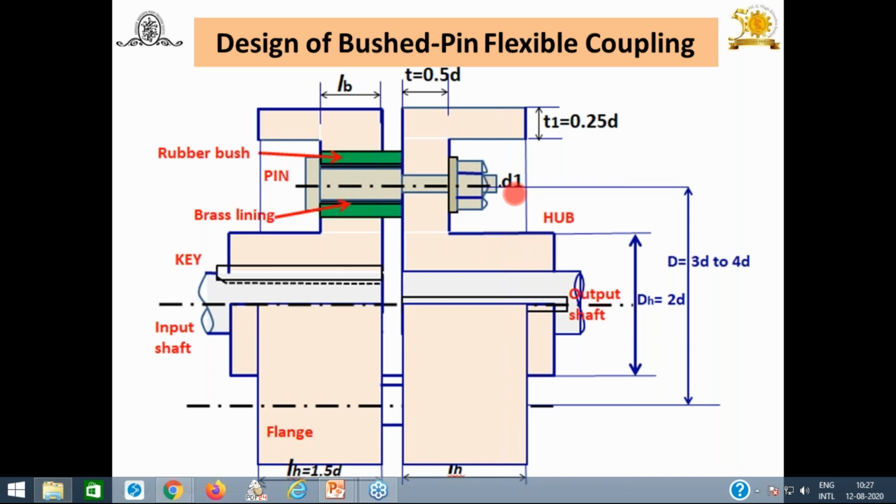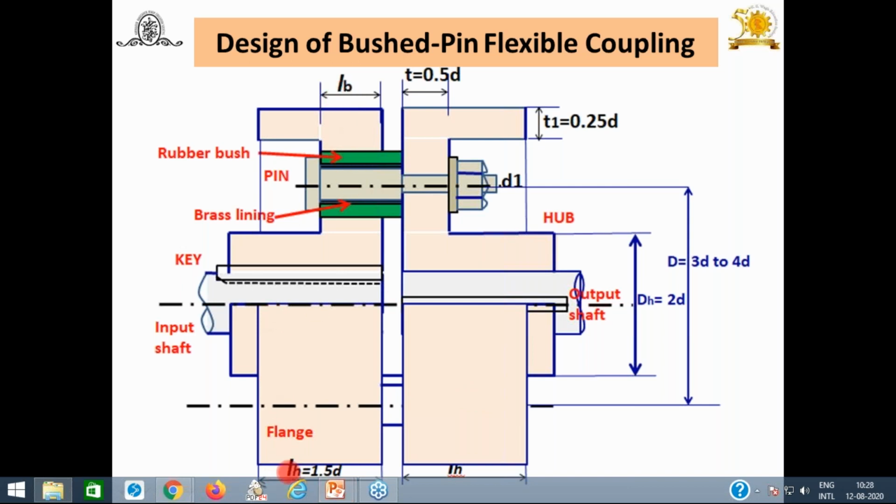This is the pin and D1 is the nominal diameter of the pin, and this is the extended diameter of the pin. This is the pin head, over which, look here at the dark black color. Both are cut sections, that's why on both sides I have shown the black color by brass lining. Over the brass lining is the green color rubber bush which is mounted here. Try to understand. And depending on the number of pins, maybe 3, maybe 4, maybe 5, depending on the diameter of the shafts like a rigid coupling, we will decide. Again, second thing, here you will find length LB.